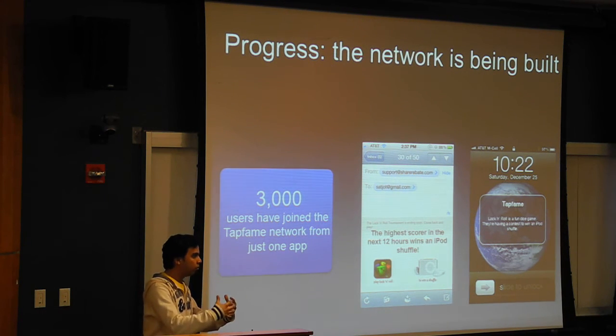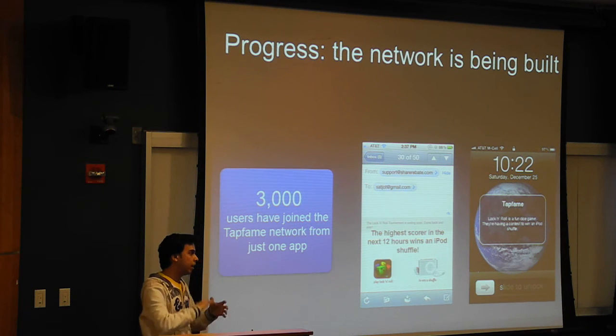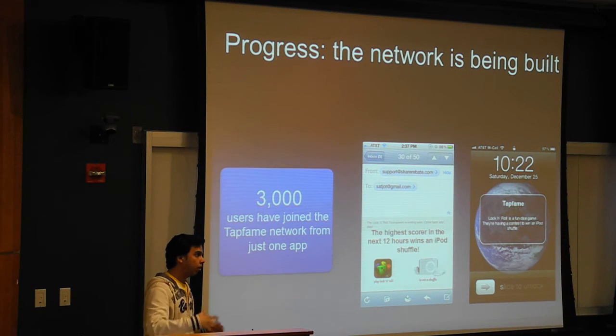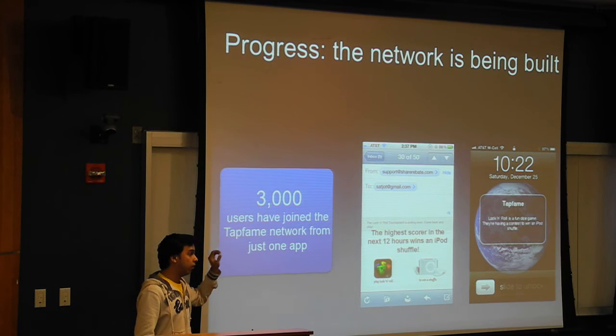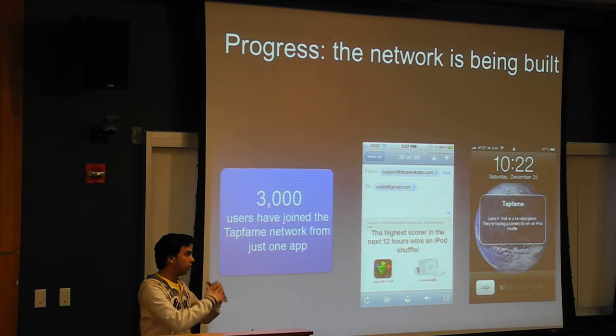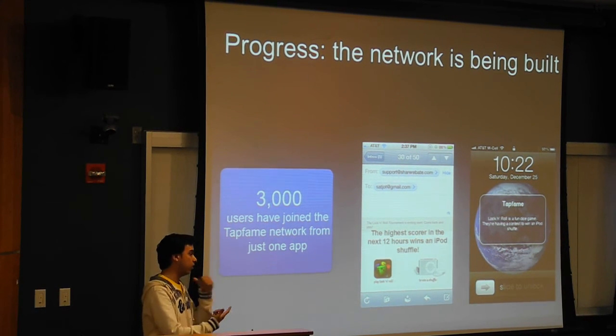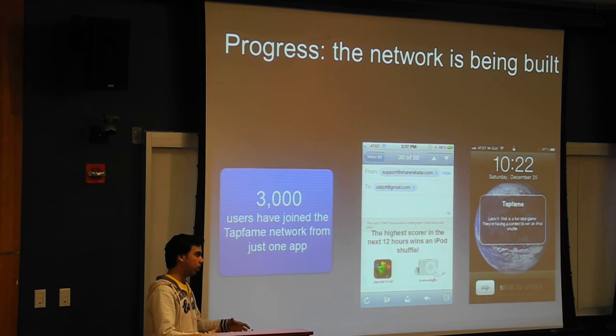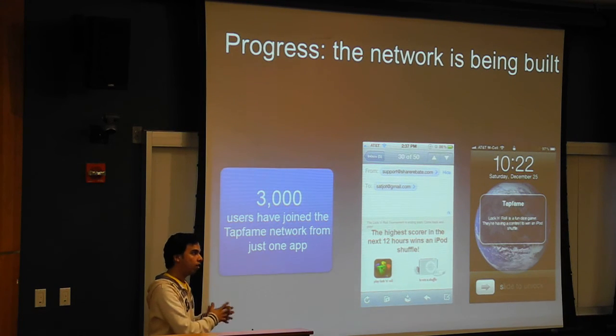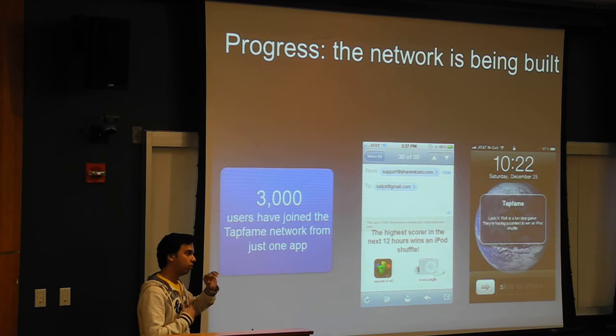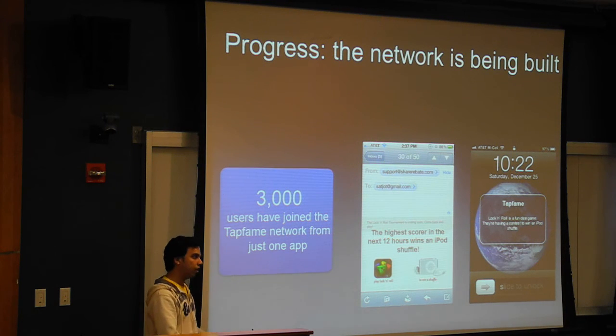If you understand the app ecosystem, it must be clear that you have to submit your app to Apple every time and they review every app. So it's a big hassle if you want to update your app every time. With Tapfame, you can control everything from a web dashboard. You can switch contests on and off, create new contests, and set the contest duration, prizes, and participation, everything from the web dashboard. You don't have to touch anything, just two lines of code, and we handle all the engagement that comes with the contest for you. We send out emails to all your users saying the contest is ending, here are the contest results, and you're part of the contest.